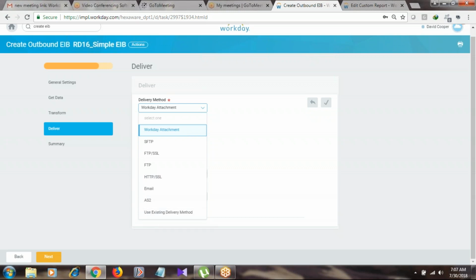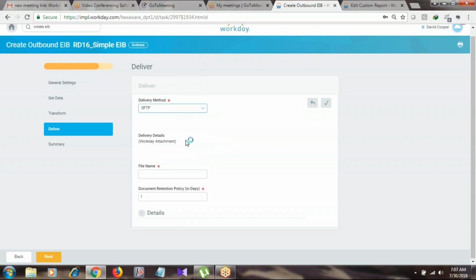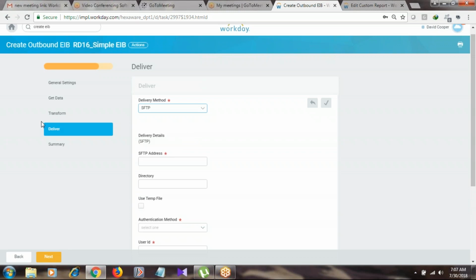Use any existing delivery method. If there is any existing delivery method available, we can choose it here. Usually 99% of the time the delivery is going to be secure FTP. That is the latest protocol, and the older ones do not have security during the transmission of the file. But many times, 99%, they use SFTP, that is Secure File Transfer Protocol, to deliver the files to an external system.